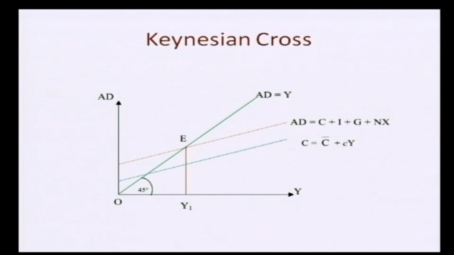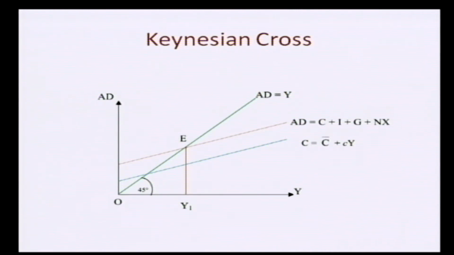In that case, what will happen? Your aggregate demand, that is the red line that is shown. There is another green line that you can see, where it is written AD is equal to Y. Here AD is your aggregate demand, which we measure on the y-axis, and Y is the aggregate output, which we measure on the x-axis. So this green line is the 45-degree line. On each and every point on the green line, you have equality between aggregate demand and aggregate supply, that is your output. Because of that, it is written AD is equal to Y on the green line.